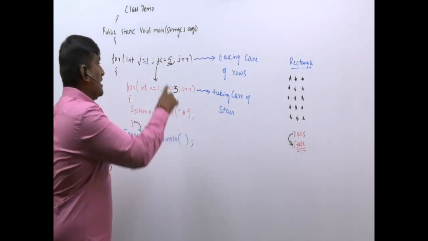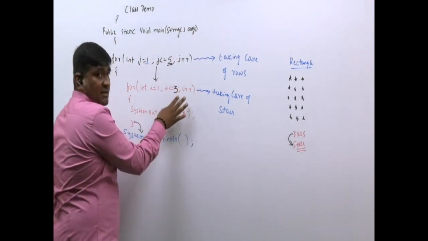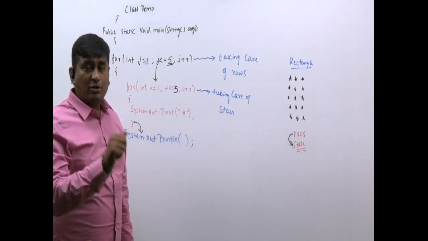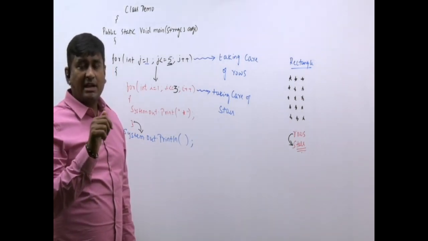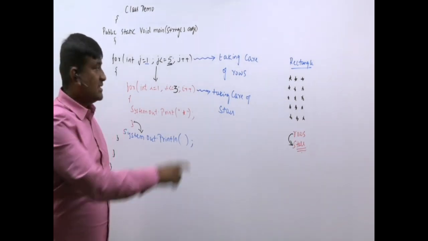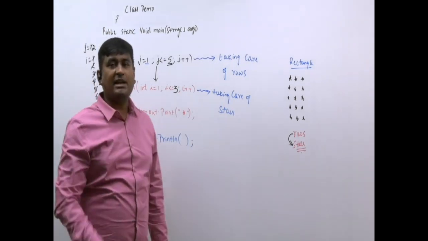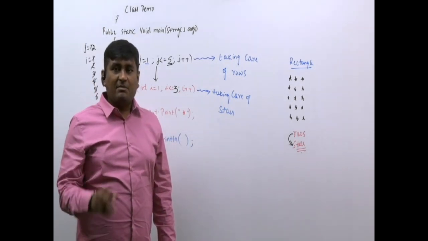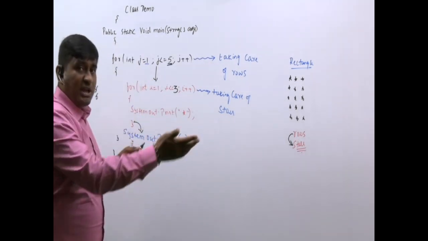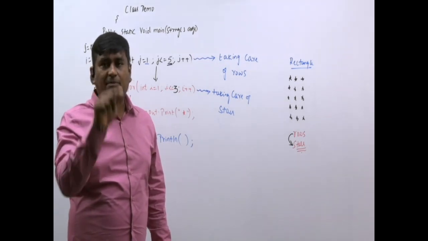Always remember, here and here if the numbers are same, you will get a square. Here and here if the numbers are different, then you will get what? Rectangle. Last time I told you, I want 7 rows and in each row 5 stars. Is it a square or a rectangle? Rectangle it is. 7 rows, 5 stars. Numbers are different. Hence, obviously, you will be getting a rectangle. By hearing the words, by seeing the program only, you should be able to judge what output I may get by executing the program. Then only you will be a perfect developer.